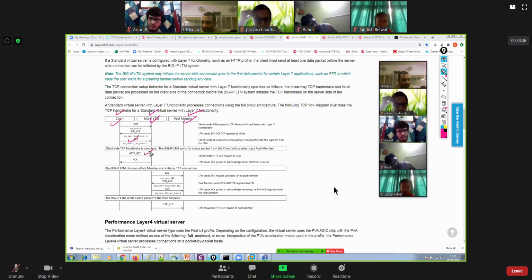Other than that, everything is the same. So this time, when you have attached the HTTP profile to your BIG-IP LTM, you wait for the HTTP GET message to be received. Then an acknowledgement is sent back to the client, and once we have received this GET message, we perform the load balancing algorithm. We select the pool member, perform a three-way handshake with that specific pool member, and thereafter the GET message is forwarded to this pool member. Is that clear to all of you? Does that make sense? Yes. Great.